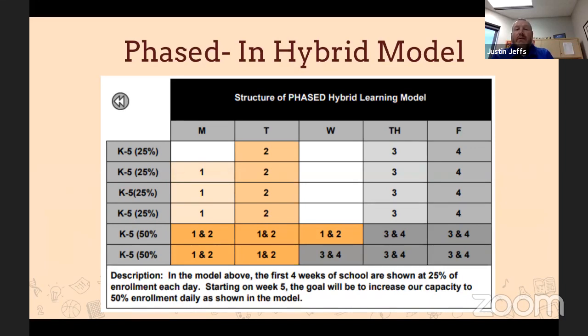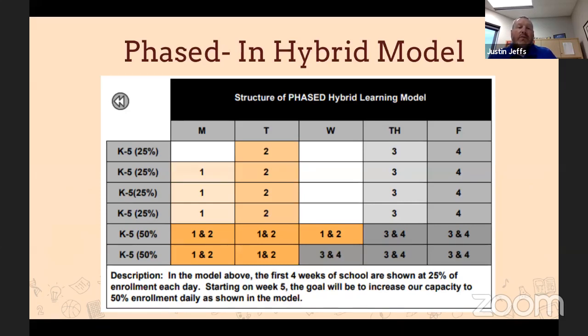So for instance, the first week starts on a Tuesday. 2s will come that day. 3s will come on Thursday. 4s will come on Friday. And then the next week, when we get into that first full week, we will do 1s on Mondays, every Monday, 2s on Tuesday, 3s on Thursday, 4s on Friday. Wednesday for the first 4 weeks is a no contact day, meaning kids won't come to school on Wednesday. That'll be an opportunity for staff to do some planning, some PLCs, and some professional development on their end during that time. So that's what that looks like.